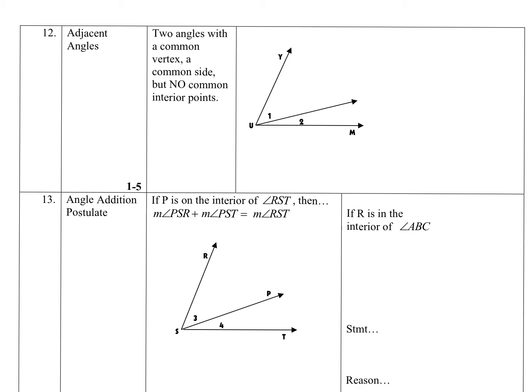All right, let's take a look at our definition of adjacent angles and break it down into all of the key parts. There are many key words in this definition. It's going to be two angles. The angles are going to share a common vertex. That's important. They are going to share a common side. And then they are not going to have any common interior points. So when you think back to all of the vocabulary in the previous video, common vertex is that shared endpoint. The common side, the sides are going to be these rays of the angle. And then the interior points, we briefly talked about interior and exterior, and interior points are going to be anything